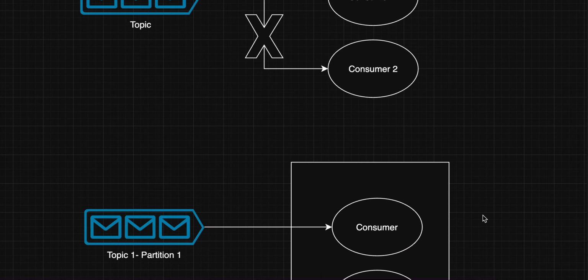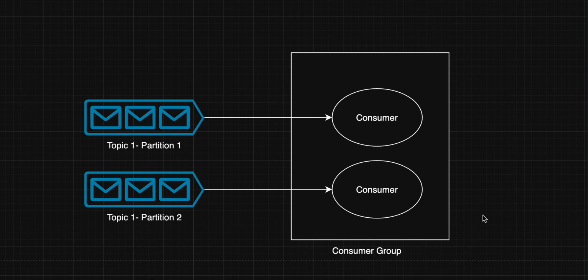I'll tell you how. Every consumer has its consumer group, where let's suppose this is a consumer group and it has multiple instances of this consumer. Since there are multiple consumers, we are also dividing topics into multiple partitions. It is the same as sharding in a database, where we keep different data in different shards. Here we are keeping different messages in different partitions.